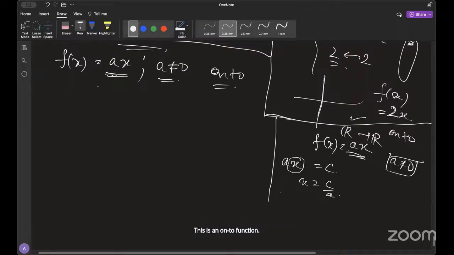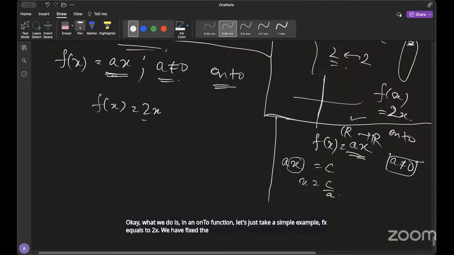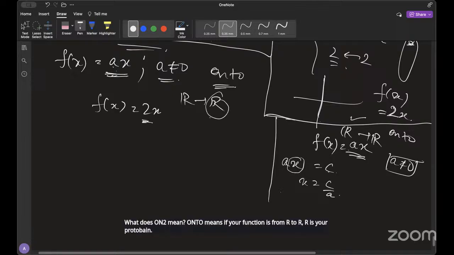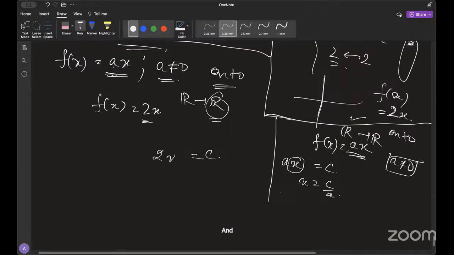Ma'am, C upon A, then what is the next step? How do you know that this is onto? In an onto function, let's just take a simple example, f(x) equals 2x. We have fixed the value of a equals 2. This works for any a, but let's take 2 in particular. So if you have 2x, what does onto mean? Onto means that your function is from R to R, where R is your codomain, and we take any arbitrary number c from here,